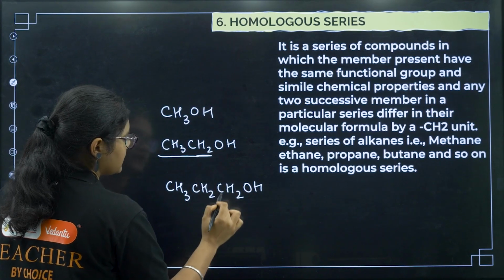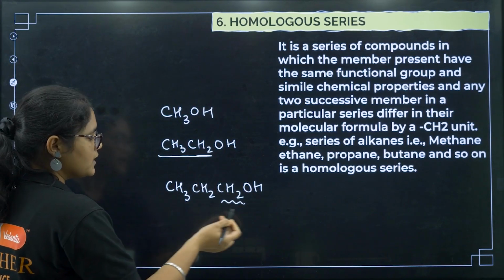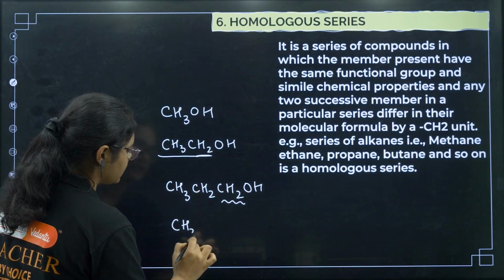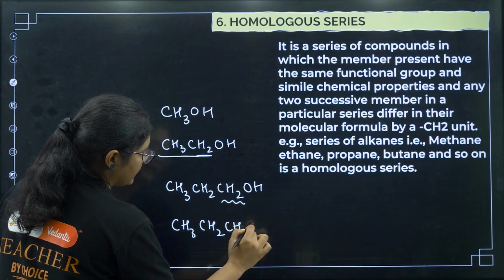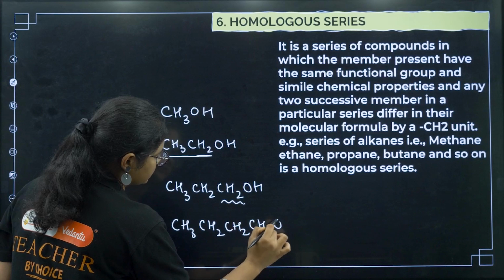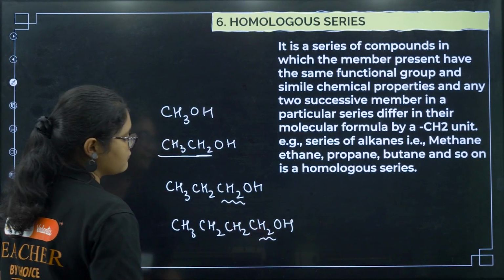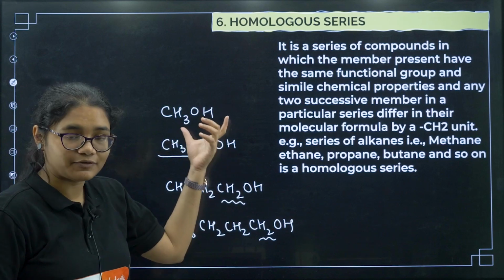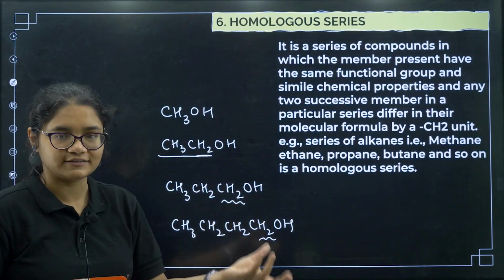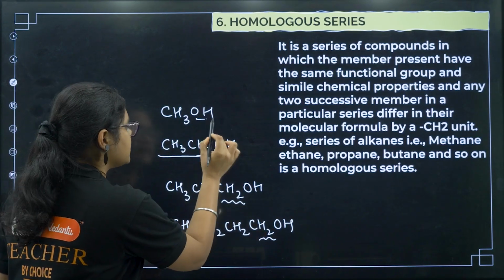So this much was present, I just added one CH2 group. Next, if I want to write CH3CH2CH2OH, you are just adding one more CH2 group. So this type of series or family is called a homologous series,